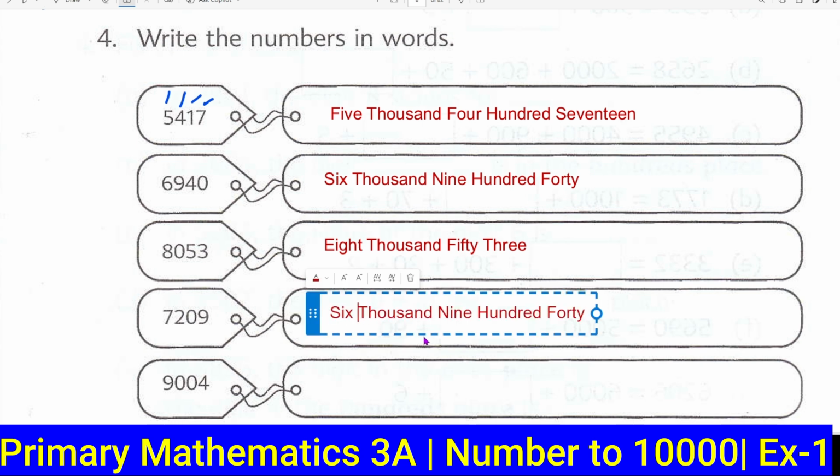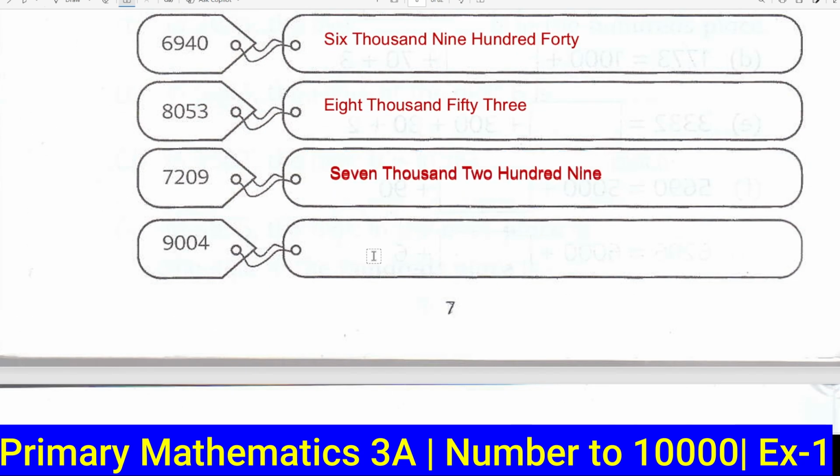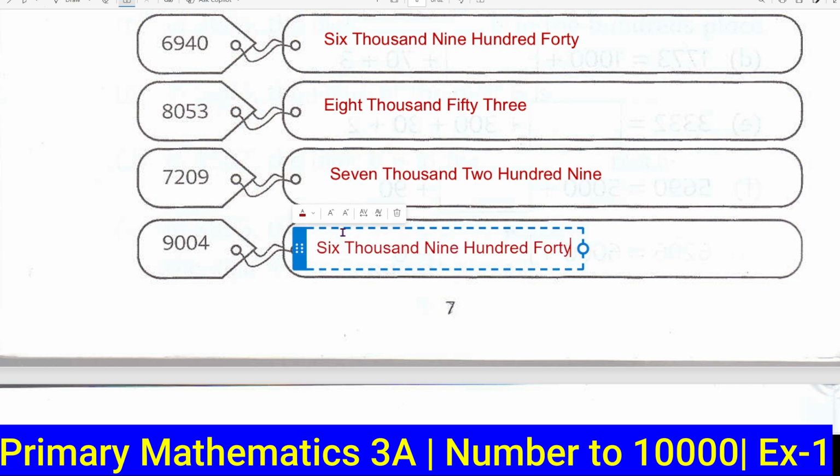Here is a 7,000, right? So we can write 7,000, then 200, and finally it's a 9. Okay, 9. N-I-N-E. So what about next one? It's a 9,004. We can write this one. Here is a 9,000 and just